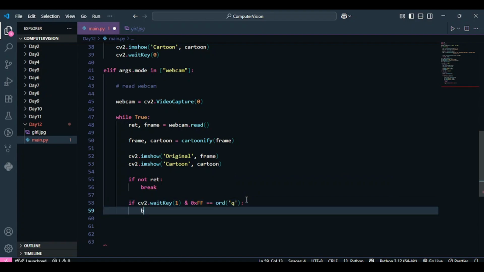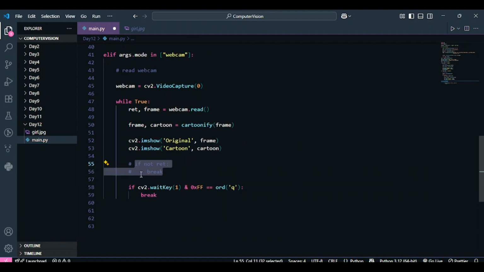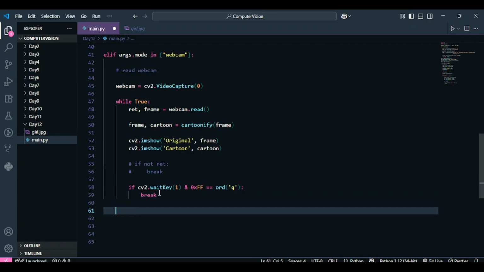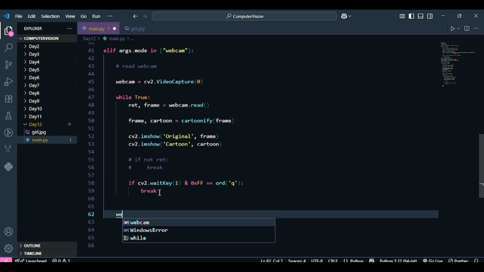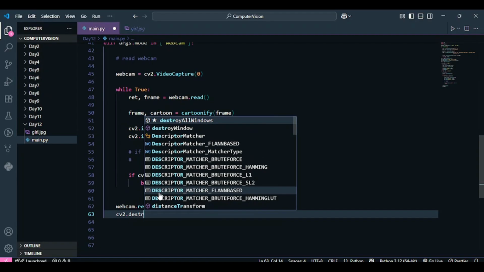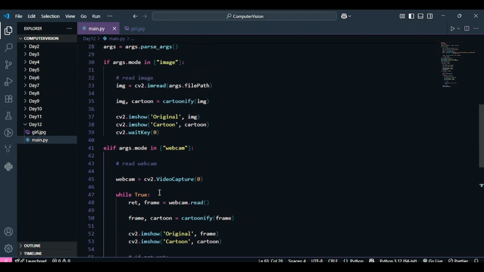It's totally up to you what logic you want to use. I'm going to go with the second one because we have been using this in our program so far. And the last thing that I will do is release the resources that were occupied by my webcam and destroy all windows, because it's important to destroy all windows when you're dealing with your webcam. So that is literally all.